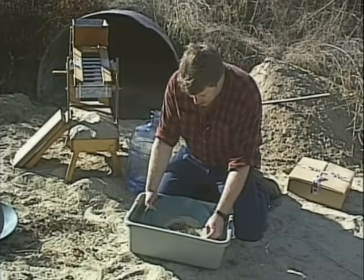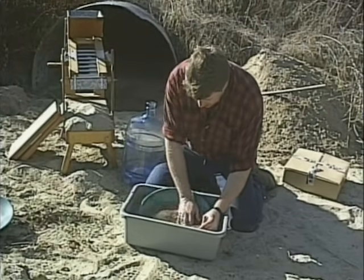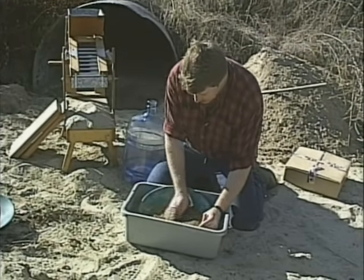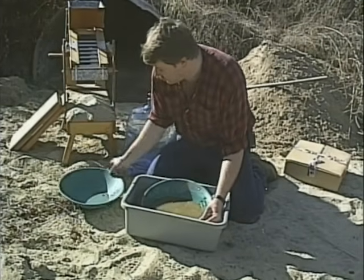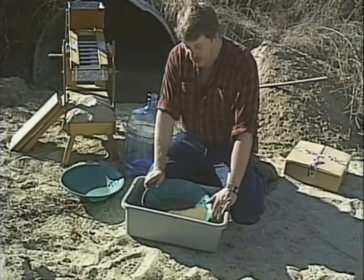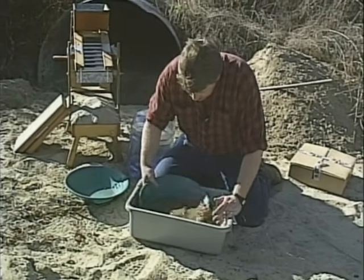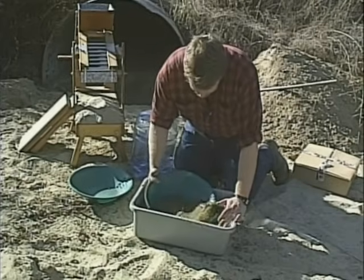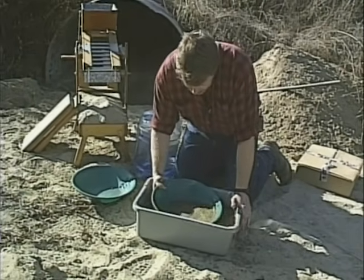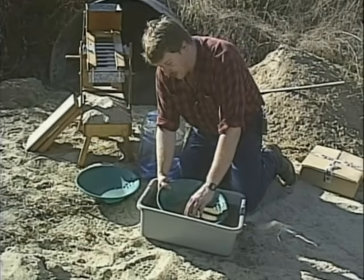You drop your gold pan down, but it's a little different when you're panning concentrates. You want to mix all that material up. Make sure you got it down on the bottom. Now I got our other nugget we picked out earlier over here in my safety pan, but since I'm panning in a tub today, I don't need to really use my safety pan because I'm going to save all this material. You don't have a lot of space in here, so you got to get your own technique, but the main thing in panning is to get that material aerated, get it liquefied,